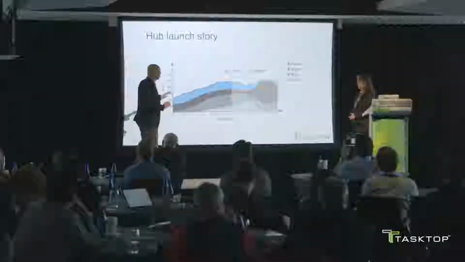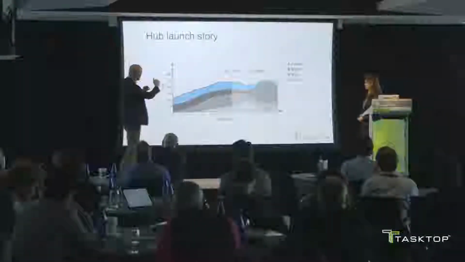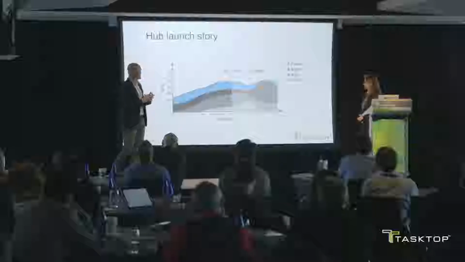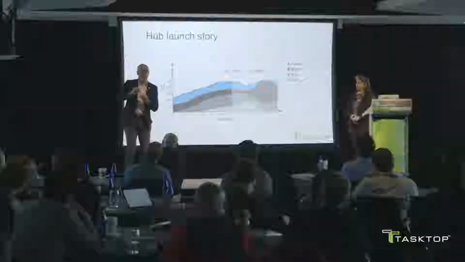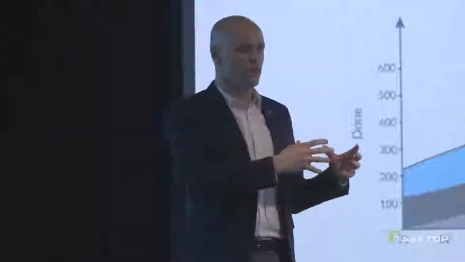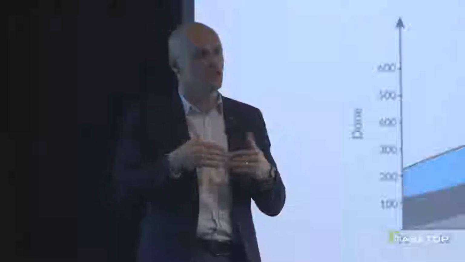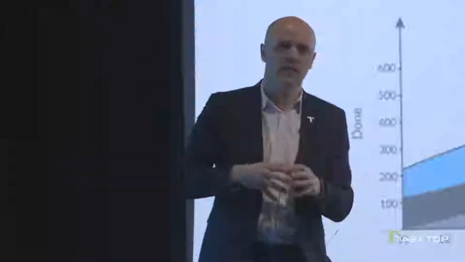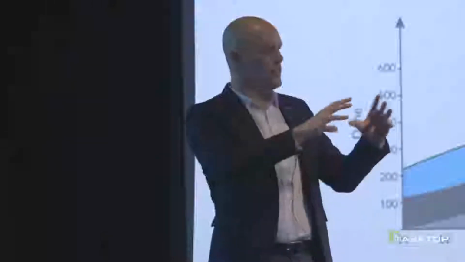But you can actually see over here that there was something that we didn't quite realize, because that light gray ball that gets very thick in the middle, those were all these defects that came in. We did not quite plan for Tasktop Hub to be running at large-scale production before its GA, because the customer was needing to move that quickly to this new product. So those were the things that we didn't plan, that just the rate of adoption exceeded what we expected in terms of the size and complexity of the deployment,